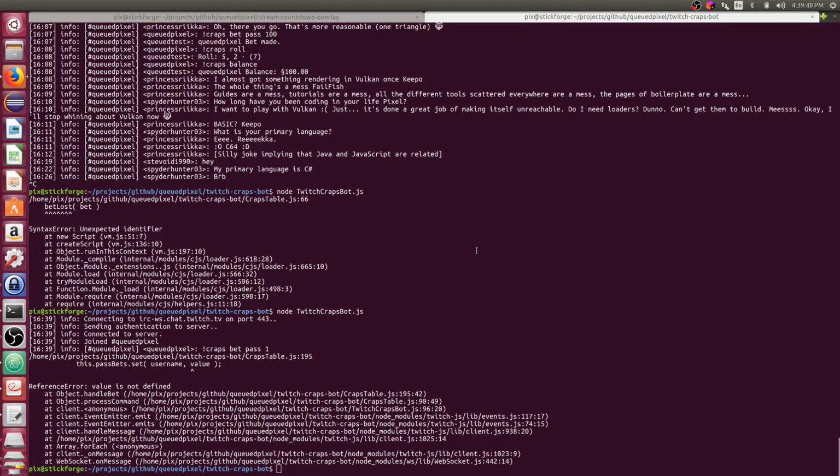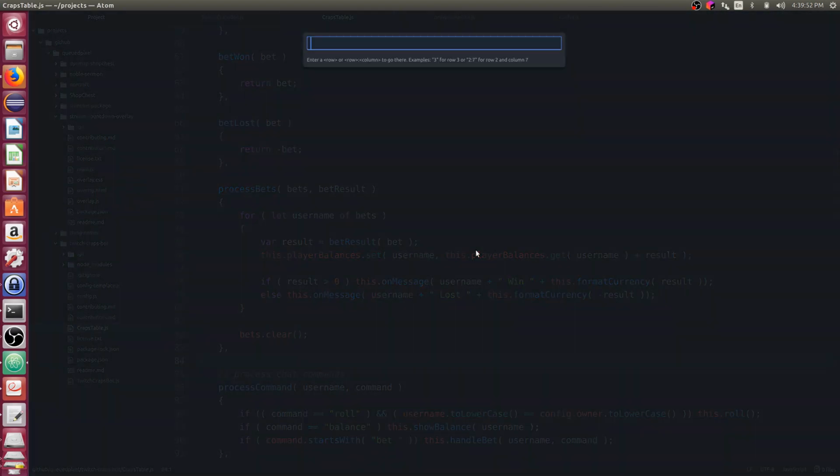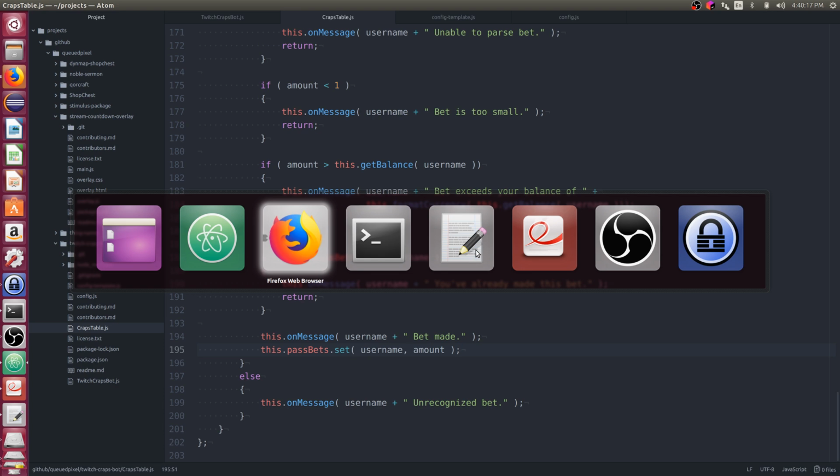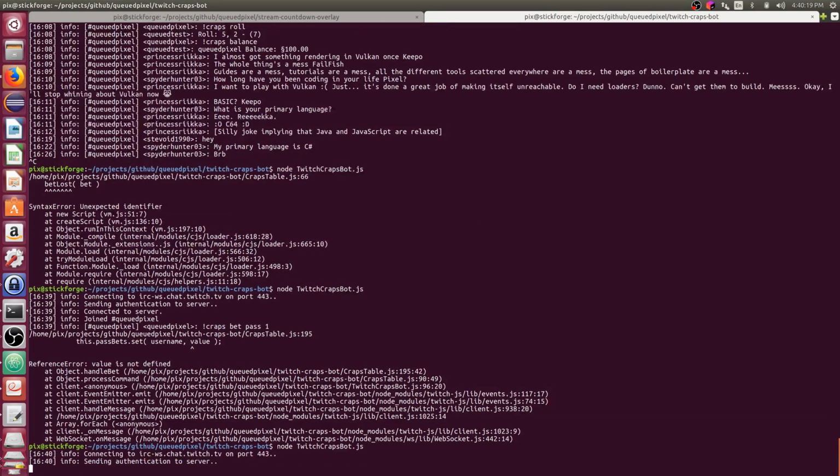So I probably mistyped a variable here. It says value doesn't exist. Let's check that out. Probably because it's amount, would be my guess. Yeah, it's amount. One of the things I miss about a compiled language like C, C++, Java, is when you screw up something like that, the compiler lets you know before you have to run it and test it. JavaScript you don't find out till after you're running it, and it's frustrating sometimes.